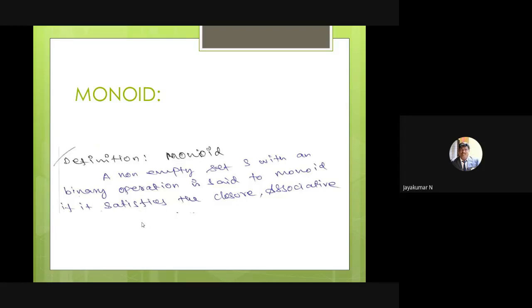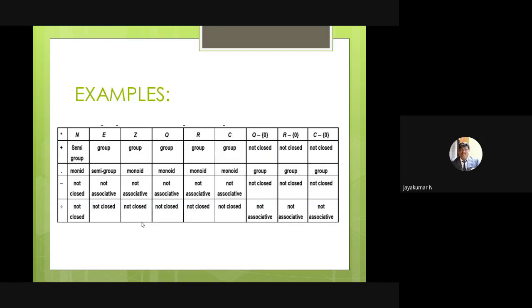The first two properties, closure and associative, give a semi-group. Closure, associative, identity give a monoid. Closure, associative, identity, inverse give a group. Closure, associative, identity, inverse and commutative give an abelian group. Okay. So yesterday I told you to go and see your +2 book. There are a lot of examples for semi-group, monoid, and so on. Okay. So here I show the table. So just verify yourself.